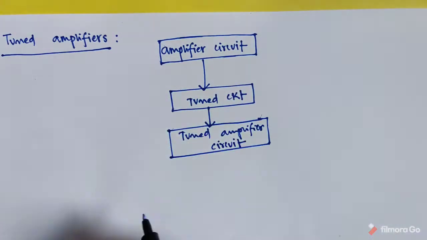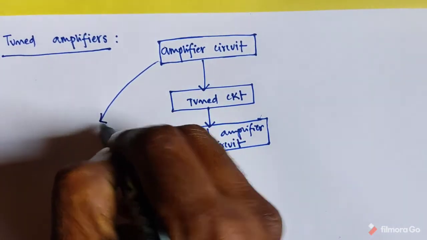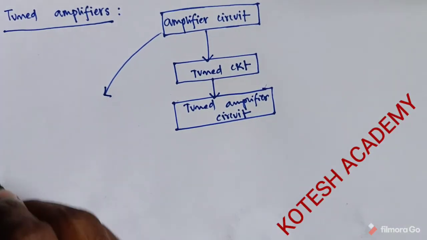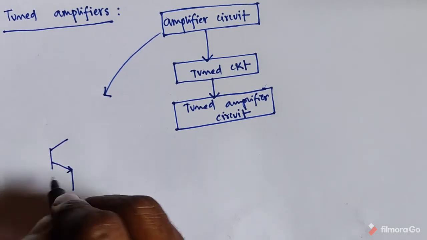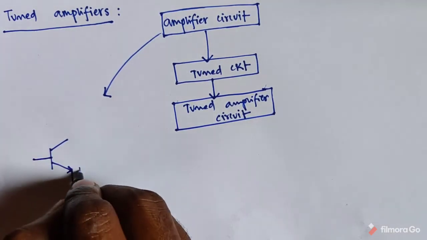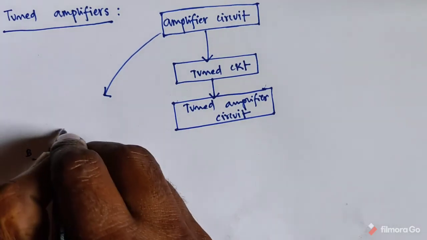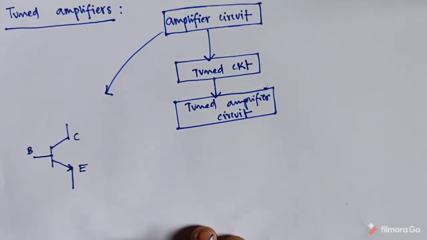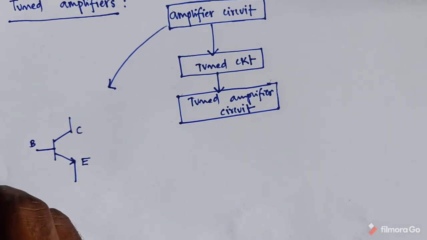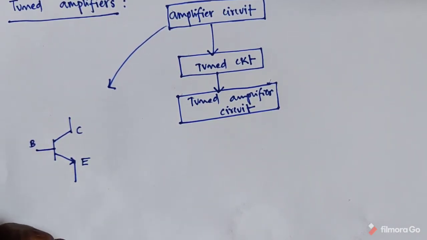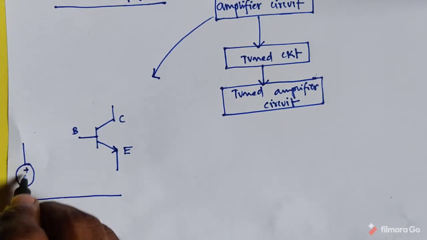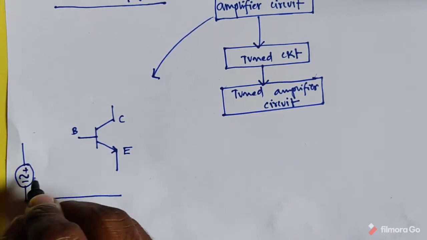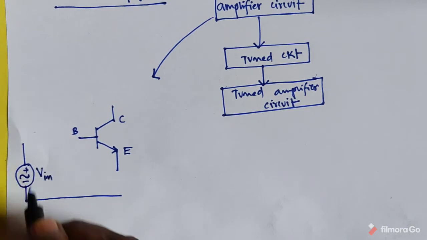This is actually the amplifier circuit. It's like this. For amplification, if you take a bipolar junction transistor, it has three terminals: emitter, base, and collector. This type of amplifier is not only amplifying but also applicable for AC signals. So you can apply the AC signal within the circle, using the sine wave symbol. This is the actual V input signal.